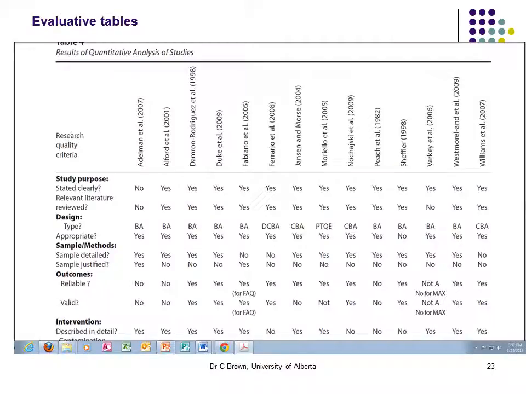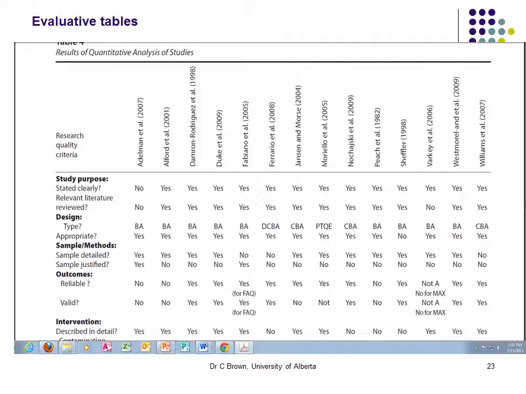Then you do another table, an evaluative table or a critique table. And in this one, you put all of the different standards that you have on your data extraction form. So the study purpose, the design, the sample, methods, the outcome, the intervention, and so on and so forth. And then across the top, you've got all of the different publications that you're looking at. And then you just simply slot into your table: did they meet that criteria? Yes, no, not applicable, perhaps, or if you have some little indicators,